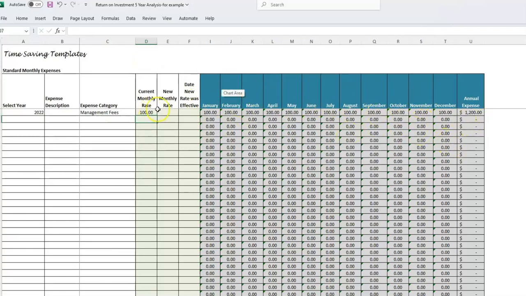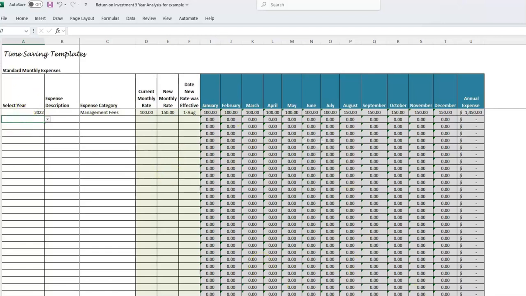Now, if there's a change, say the rate increases to 150, we would select which month, and for the month of August, it'll start. Okay, so that's another way to enter expenses and assign it to a year